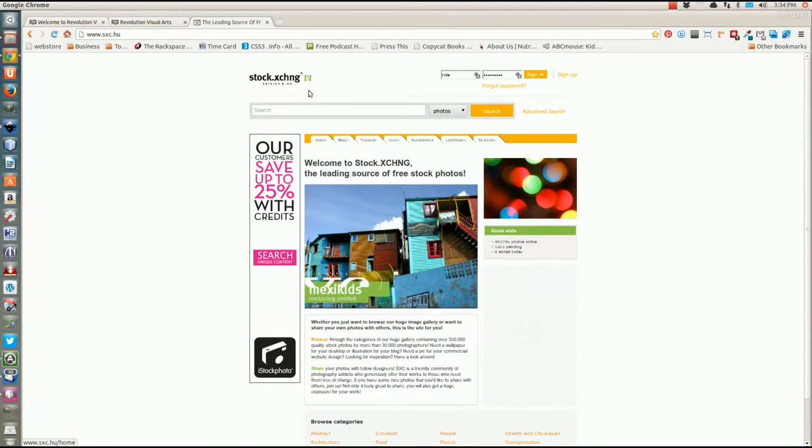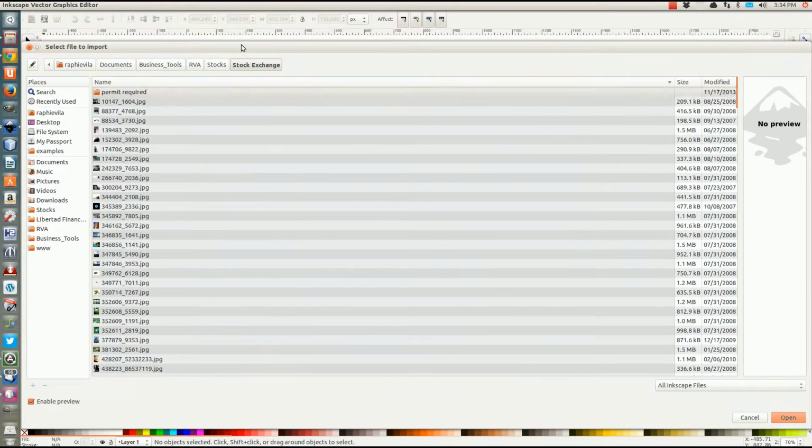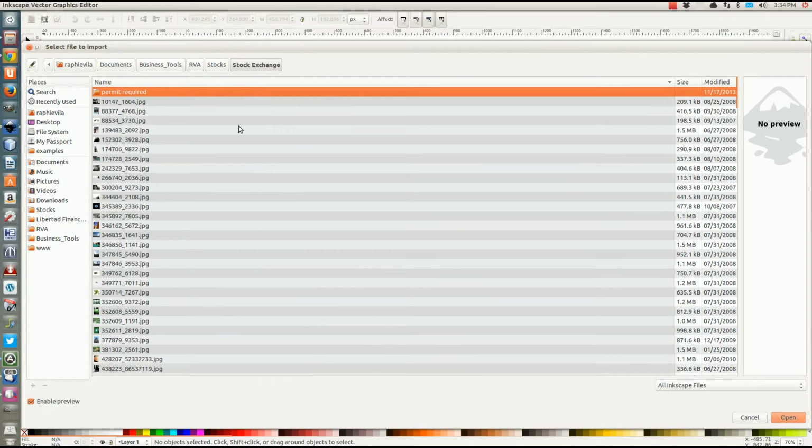They have a paid version that is called iStock Photo, and they were bought by a big company, Getty Images. You're going to get nice photos on this site, and most of them you don't have to give any credit, though I suggest giving credit. Those people work hard and spend a lot of money on photography, so I suggest giving credit to whoever